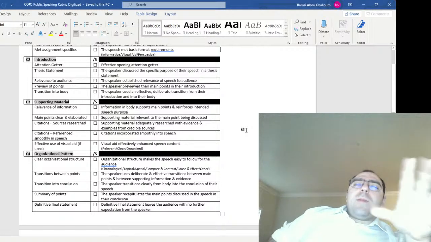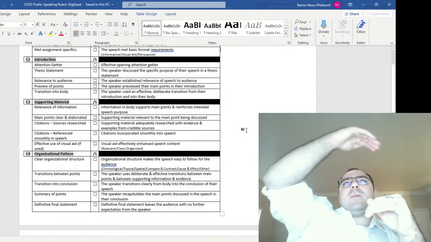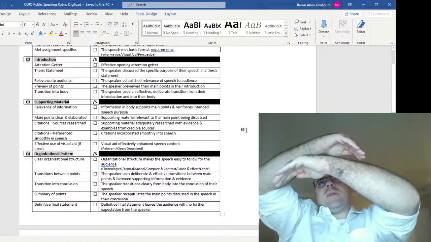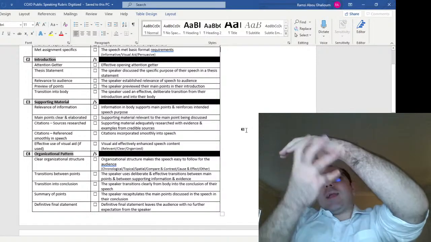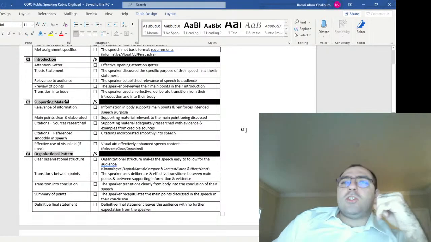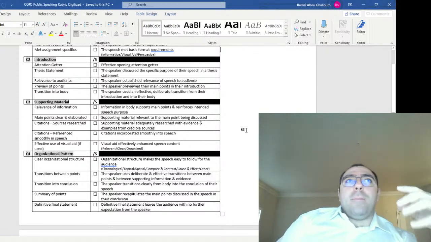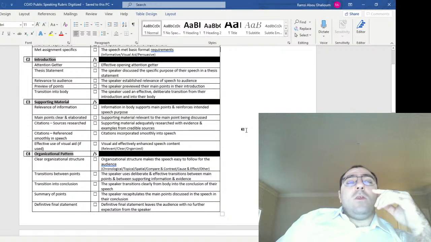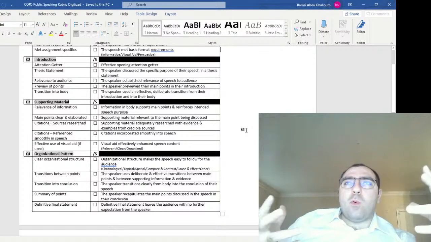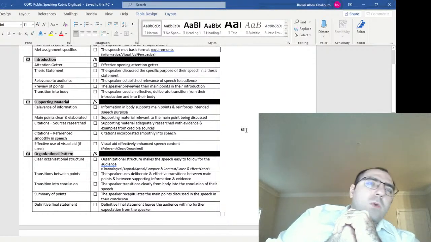Preview of points. A lot of people get confused between the thesis statement and the preview of points. If you look at the topic as the most general thing, the thesis statement is a focusing down of that topic. Your preview of points is a breaking down of that thesis statement. So if your thesis statement is looking at how past video games have influenced modern video games, you'll break it down into your preview of points, for which in my class you need 3 points. 3 main points to talk about for your speeches. So you would say